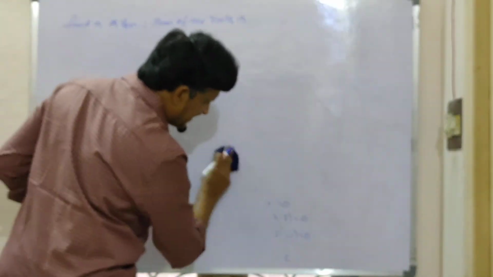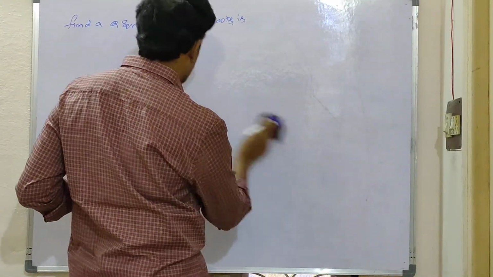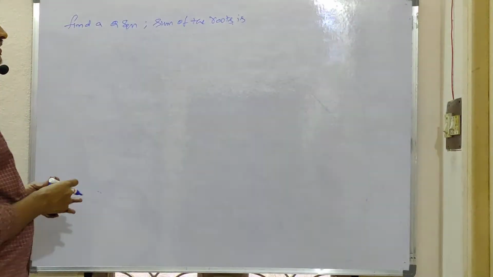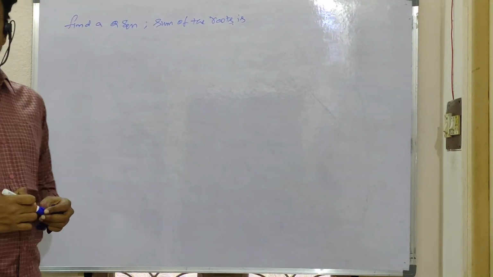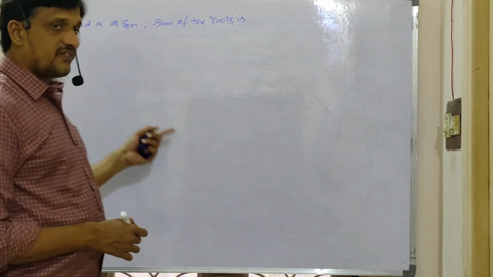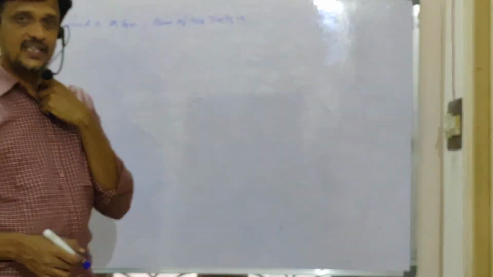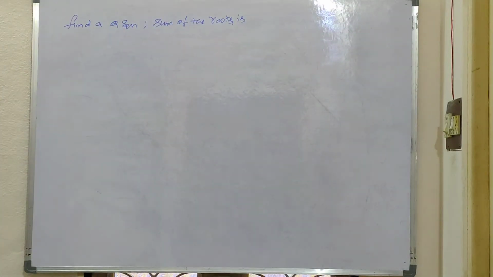In the previous cases, one equation is given and we have to solve it, and there we calculated the roots. But now here we have to form a quadratic equation with the given condition. Observe the problem, find